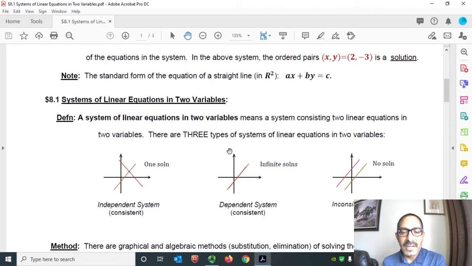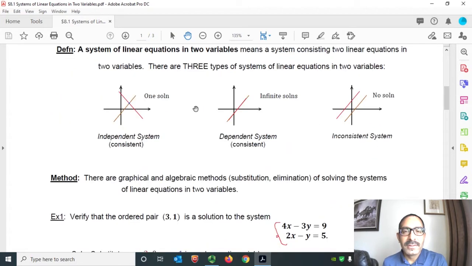There are three types of systems of linear equations in two variables. First, we have an independent system where we have only one solution, that is, the intersection point is the solution of the system. Second, we have a dependent system where we have infinitely many solutions. That means